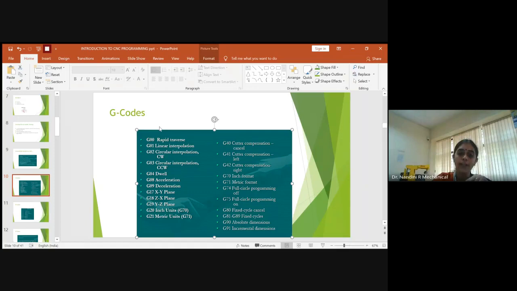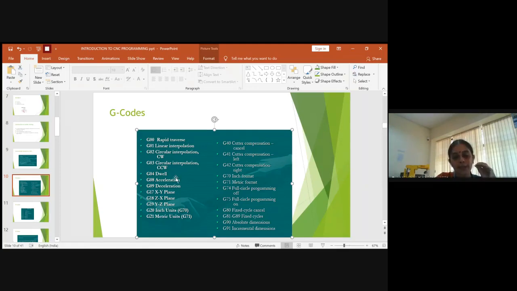If it is circular interpolation, you need to get some circular surface. Again, you have to decide whether you need clockwise or counterclockwise circular interpolation, and based on that the G code changes. If you need clockwise circular interpolation, you should go with G02. If you need counterclockwise circular interpolation, you should go with the code G03.